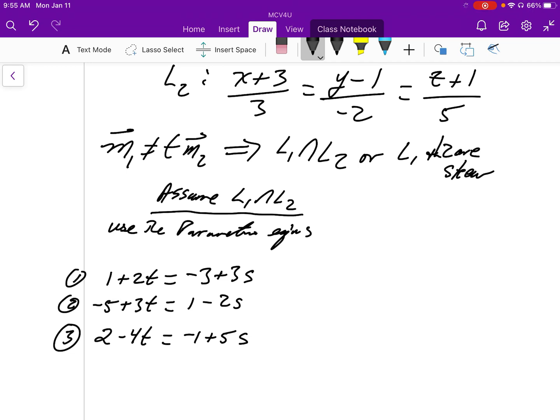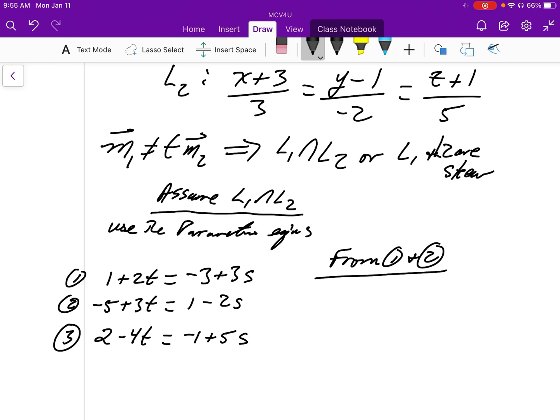If it does, then we have lines that intersect. If it doesn't, then we have skew lines. Okay? So let's solve for, let's say we're solving for just s and t, or sorry, for equations 1 and 2. So from equation 1 and 2,